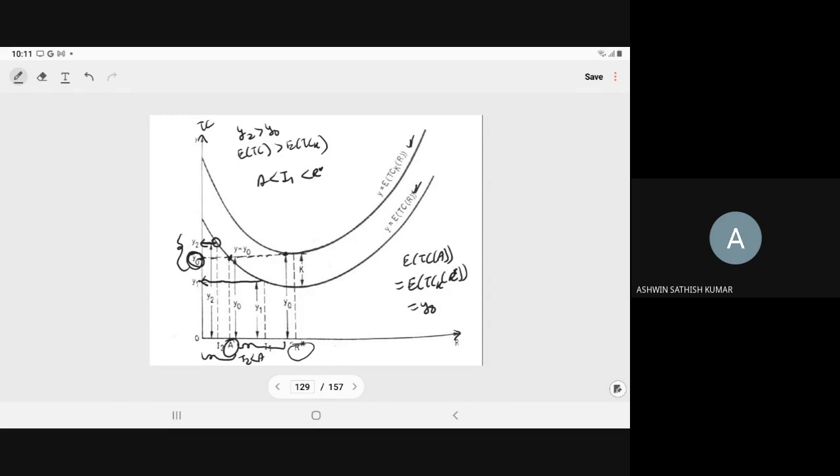And when you are placing an order, the cost is equal to Y naught. For not placing an order, the ETC at I1 is equal to Y1. Now you can see the Y1